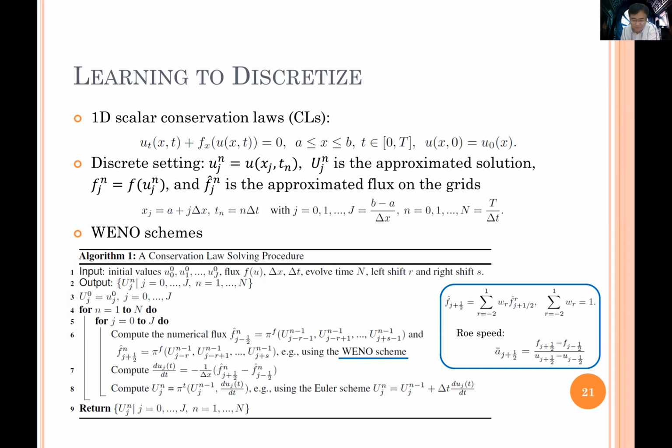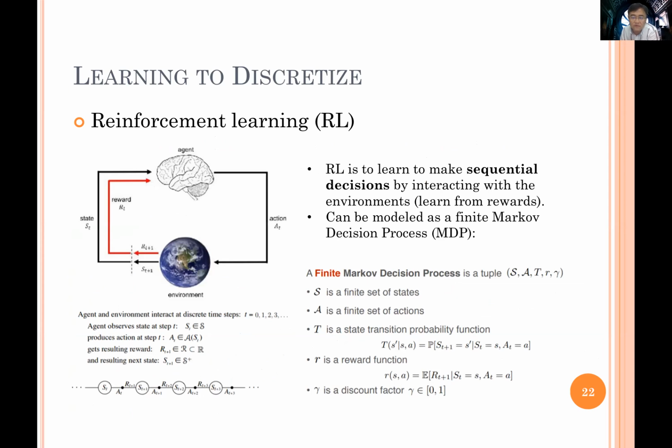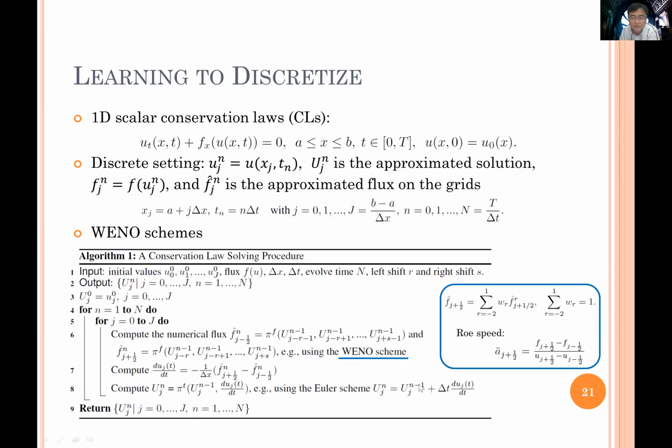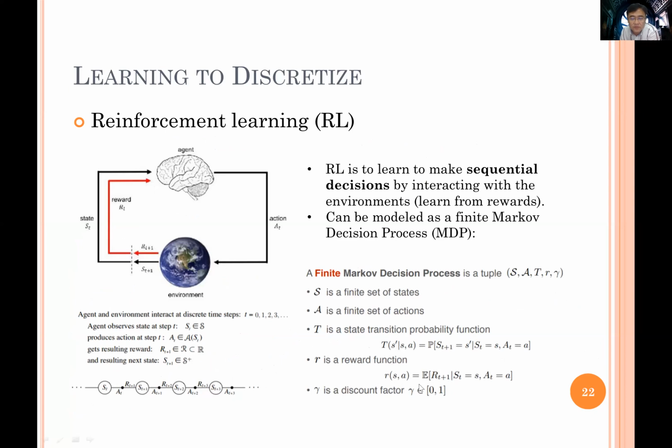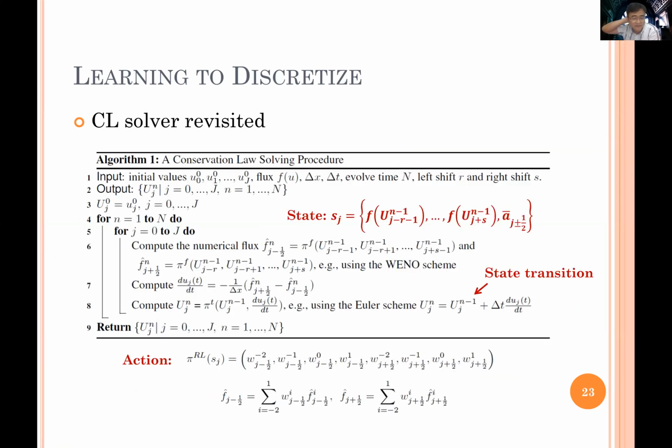So the key here is to form an MDP, and basically the key is to define the key elements: the state, the action, and also the reward function. The transition is automatic because we have this update scheme. But we need to define what the state is, what the action is, and what the reward is. What we did is that the state is the current approximation of the numerical flux, and also the roe speed. Including the roe speed is very important. Without that, it's really hard to